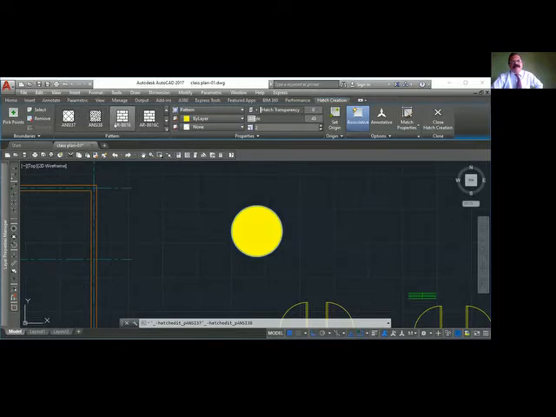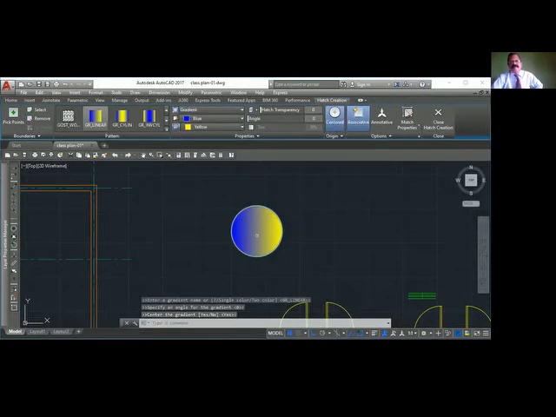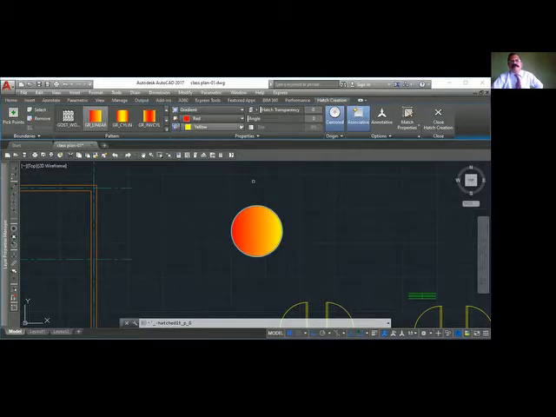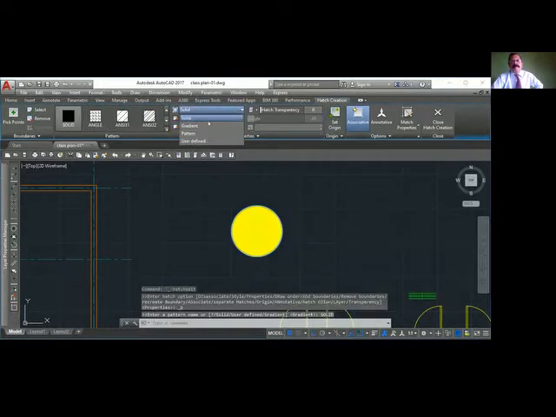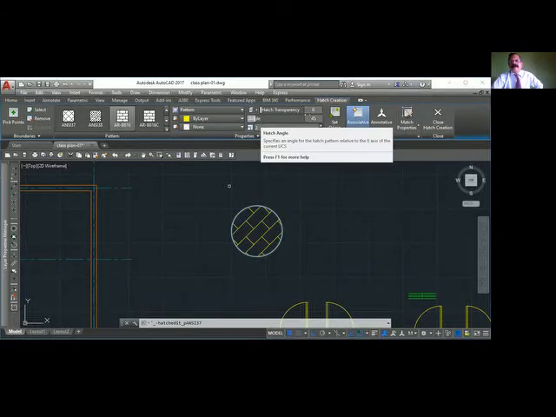You select the pattern, what pattern you want, solid or whatever it may be. You see here, pattern. You can use the solid. You can use the gradient color. You see gradient, different colors come. You can change the colors. Red to yellow. So yellow I can change to white. So red to white. So you can use the gradient also, solid or pattern. So these are the patterns. Then after that you change the scale, change the angle, etc.